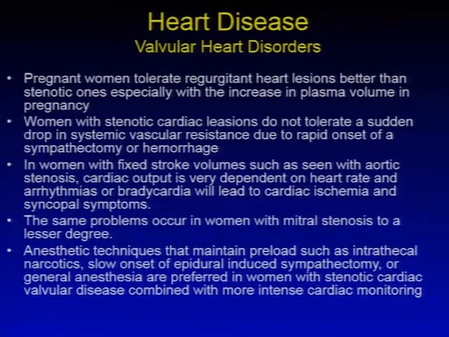Women with valvular heart diseases tolerate the regurgitant heart lesions better than the stenotic ones, especially with the increase in plasma volume in pregnancy. Women with stenotic cardiac lesions do not tolerate a sudden drop in systemic vascular resistance due to the rapid onset of sympathectomy or hemorrhage. And in women with fixed stroke volume, such as seen in aortic stenosis, cardiac output is very dependent on heart rate, and arrhythmias or